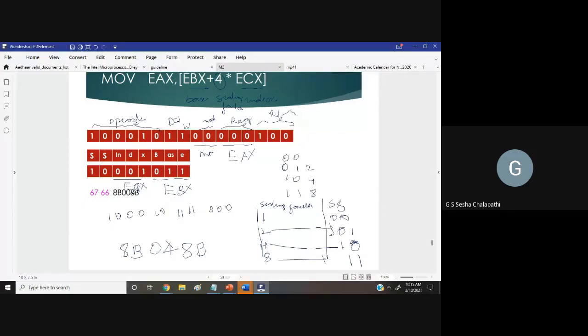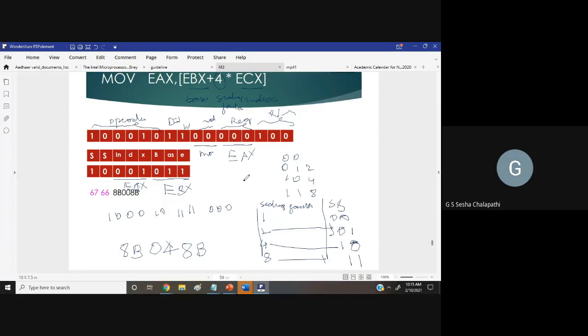So this is how you use the scaled index addressing mode. It is available only in 32-bit processors and above, that is 80386 and 80486, and of course Pentium.